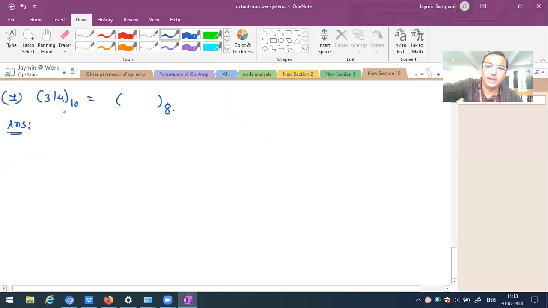See, this is the zeroth power. So 8 raised to 0 into 4, plus 8 raised to 1 into 1, plus 8 raised to 2 into 3. So here 4 plus 8